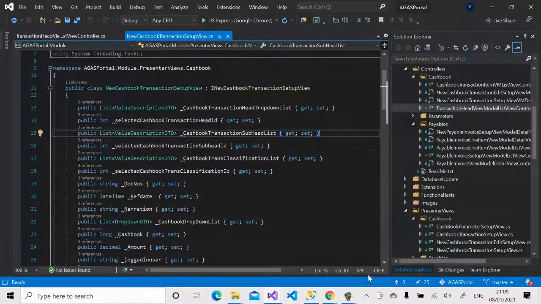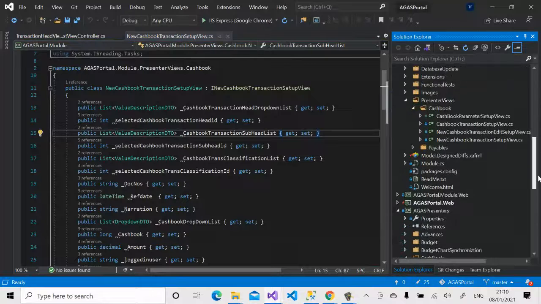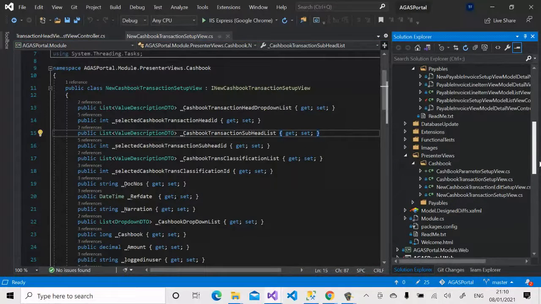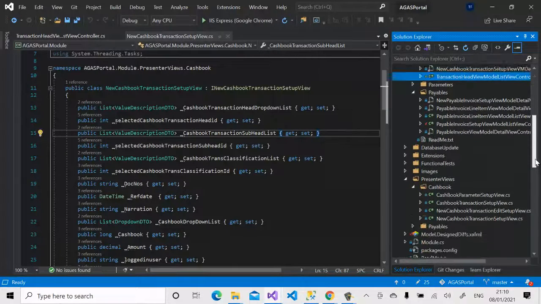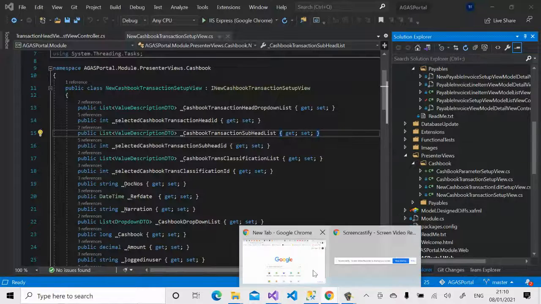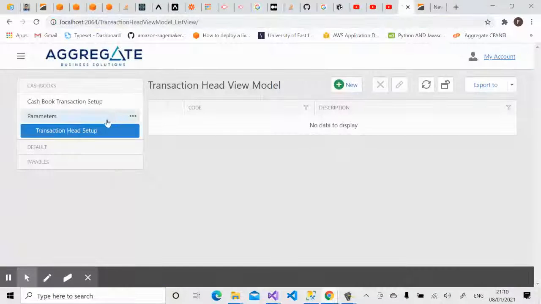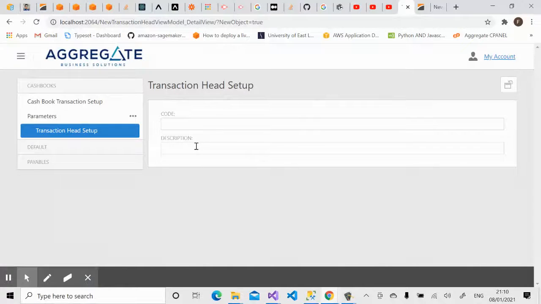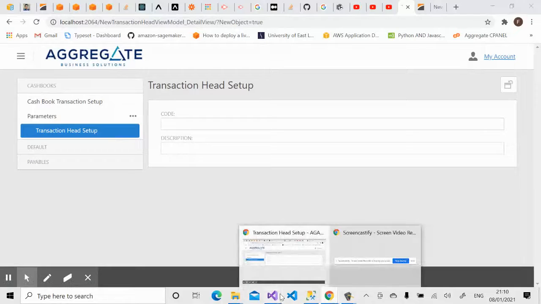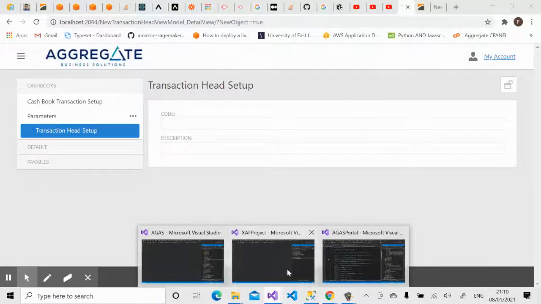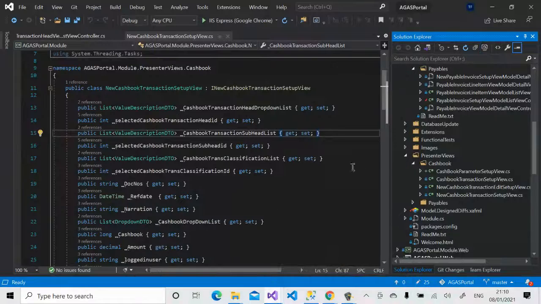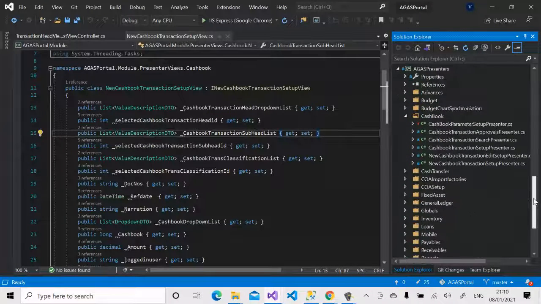I remembered I identified that after we had designed the view models, we went ahead to run the application, and we had the interface to start creating a new transaction head. And I said that the existing presenter must first be located, and that was where I went